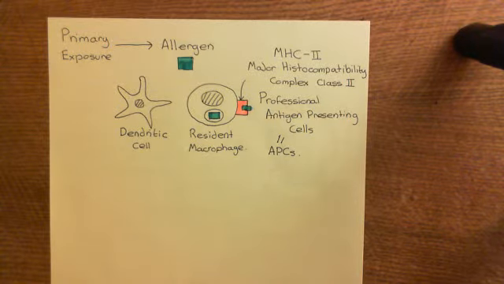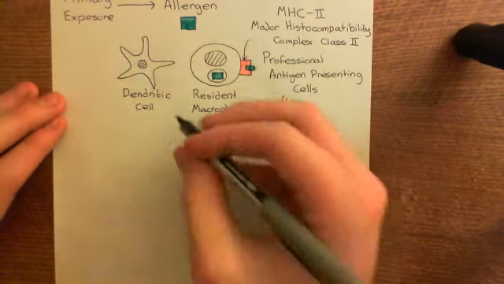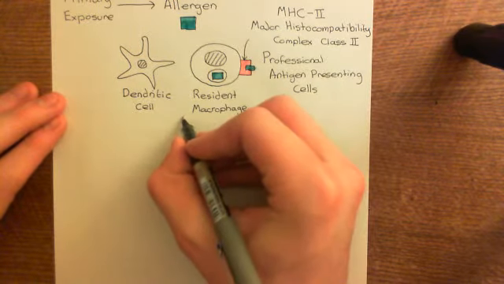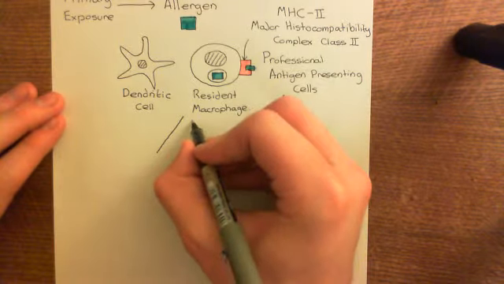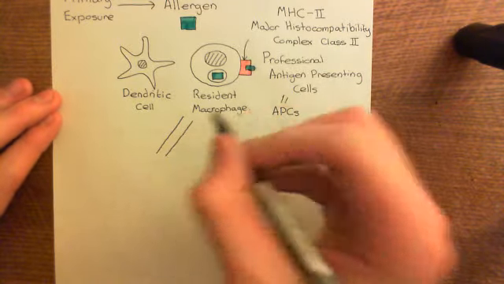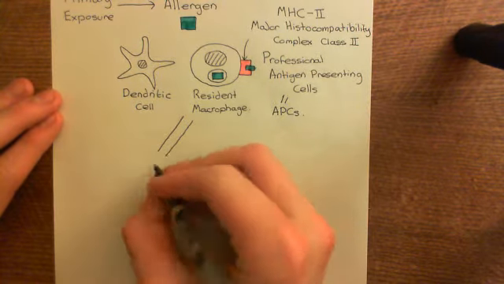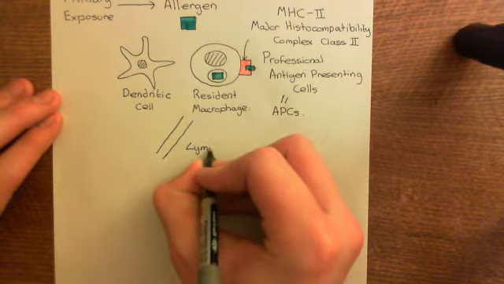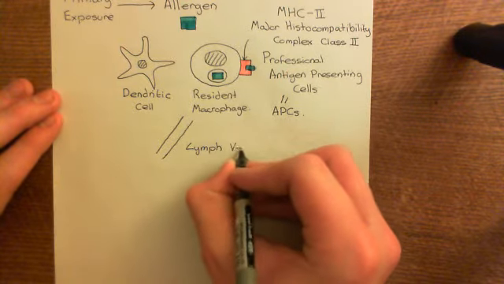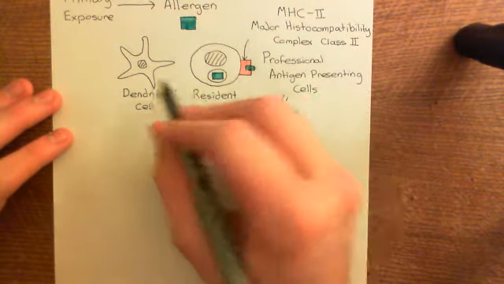Now what's going to happen is our professional antigen presenting cell is going to go into lymph vessels. So the lamina propria, as well as having blood vessels in it, will also have lymphatic vessels. So something a little bit more fancy. But of course all tissues have them, we forget it, but all tissues do have lymphatic vessels. So here is a lymphatic vessel, or a lymph vessel. So these macrophages are going, or dendritic cells, this